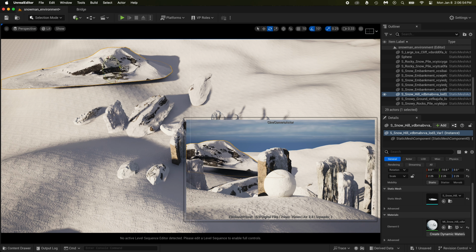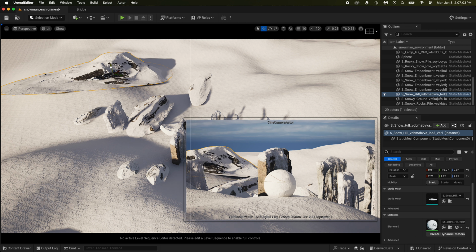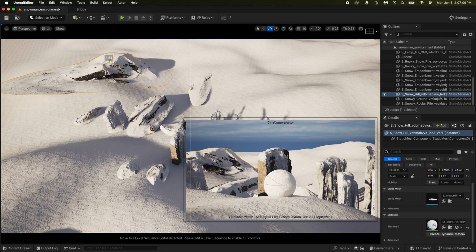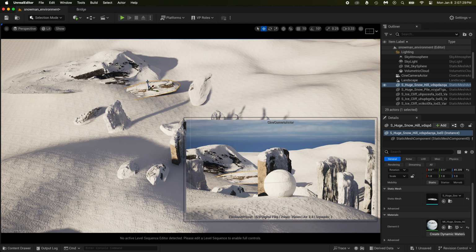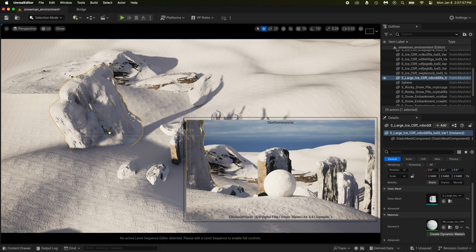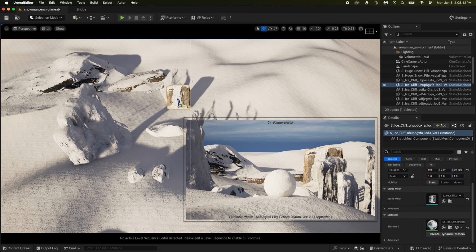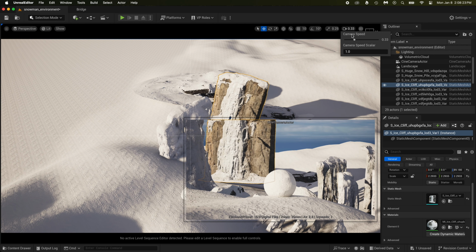Meh, I don't have enough control, so I'll just turn off snapping for rotation and scaling. Way better! I can now rotate it exactly as I want. I will scale this one too. Remember, you can change the camera speed. Very useful for this bigger